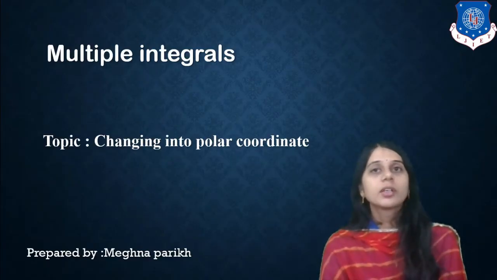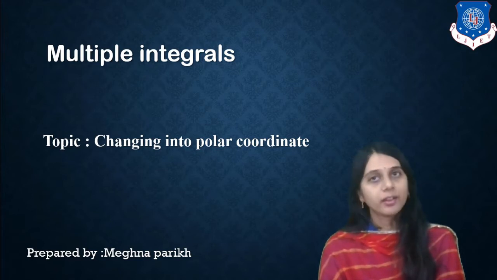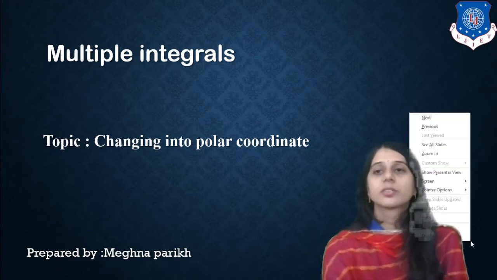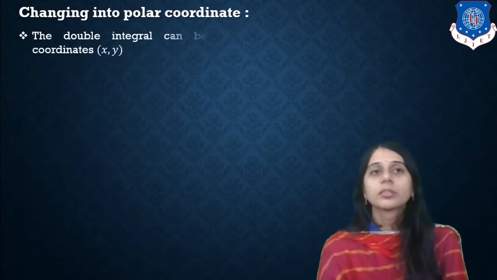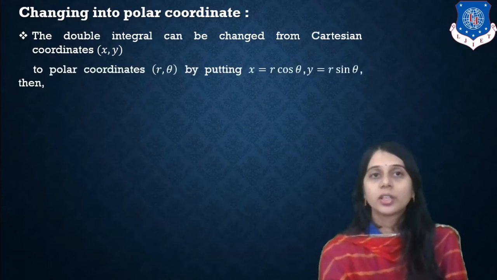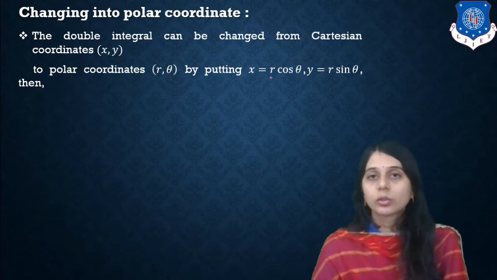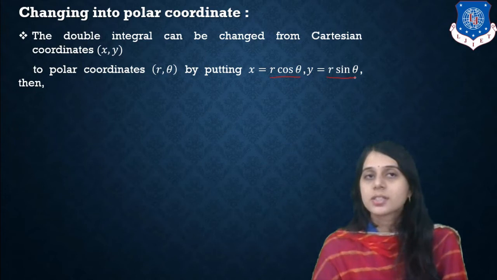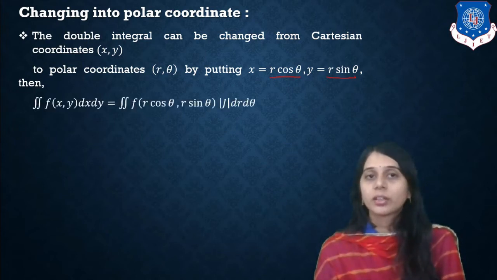What is our polar coordinate? In Cartesian coordinates, we are dealing with x and y, and in polar coordinates, we are dealing with r and theta, where theta is the angle and r is the radius. So first, changing into polar coordinates, the double integral can be changed from the Cartesian coordinates xy to polar coordinates r and theta. We take x equal to r cos theta, y equal to r sin theta. Then the integration of f(x, y) dx dy becomes f of r cos theta, r sin theta, mode of J